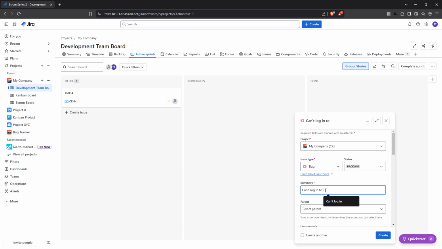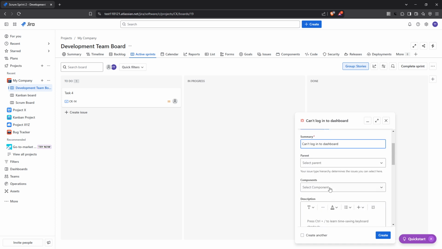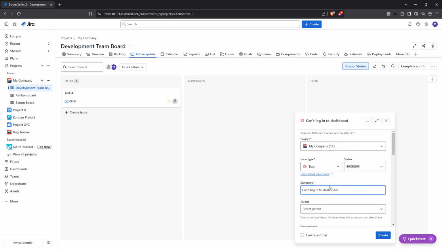Moving on to the description field, here is where you can get into more detail. Provide a thorough explanation of the issue and don't hesitate to add steps needed to reproduce it, attach relevant screenshots, or include any other attachments that could be helpful. The richer your description, the easier it will be for anyone reviewing the ticket to understand the context and necessary